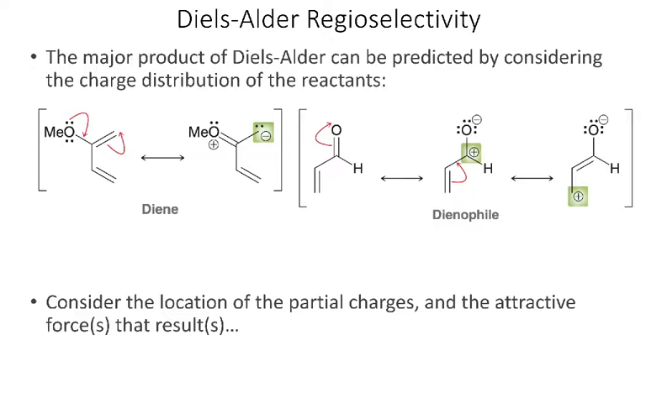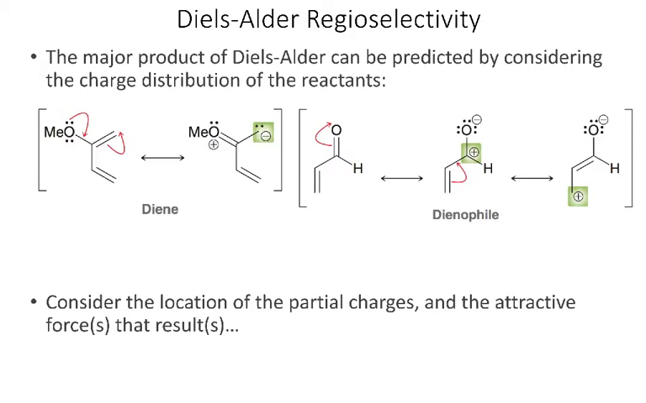Okay, so how do we predict the major product when we have different possible regiochemical outcomes? What we need to do is consider the charge distributions. And to do that, we need to consider the resonance structures of both the diene and the dienophile. And so these are the same reactants that we had on the last slide. When we consider the resonance structures here, I have an allylic lone pair. So I can move the lone pair down, then the pi bond becomes a lone pair on this atom, giving me a partial positive charge on this oxygen atom and a partial negative charge on this carbon. On the dienophile,